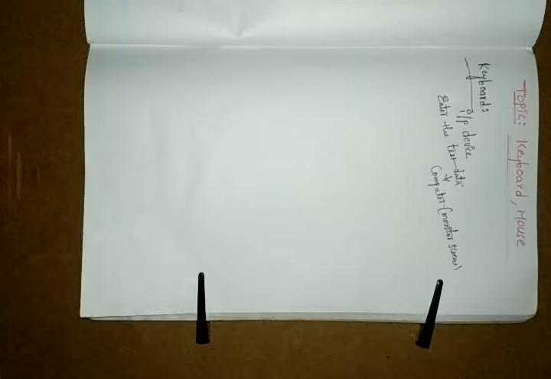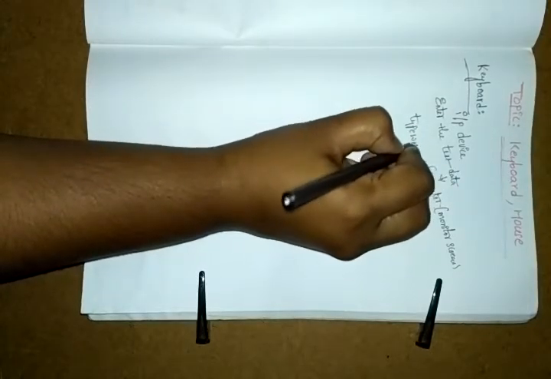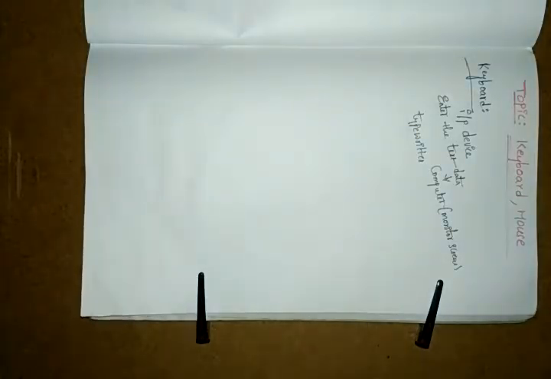So by the keyboard, we are entering some text data. And this computer keyboard is also similar to a typewriter. In the first class, I already told you about the typewriter. It is the same as a keyboard, but your keyboard is very advanced technology, and the typewriter is old technology.